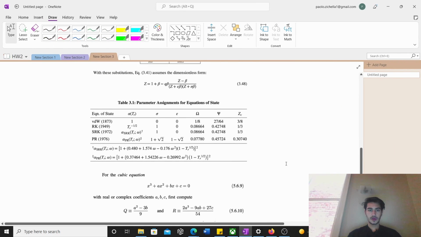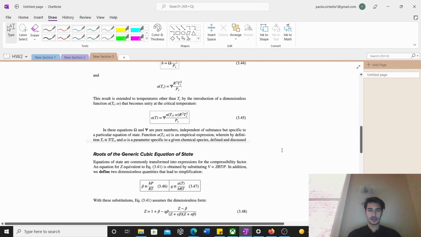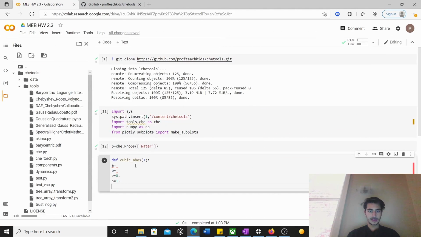If we scroll back up, we can also see that it gives us an equation for A. We see that A is equal to psi times alpha, depending on two different values, times the gas constant R squared times the critical temperature squared, all over the critical pressure. So we can also go ahead and plug this in. So we can say that we have,